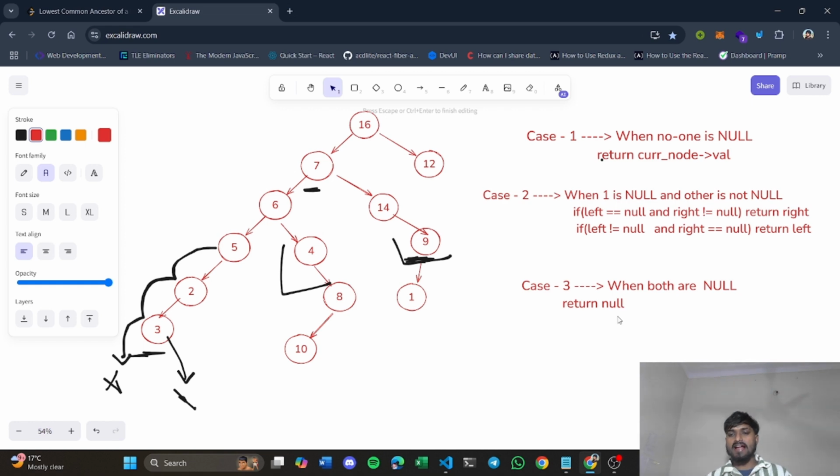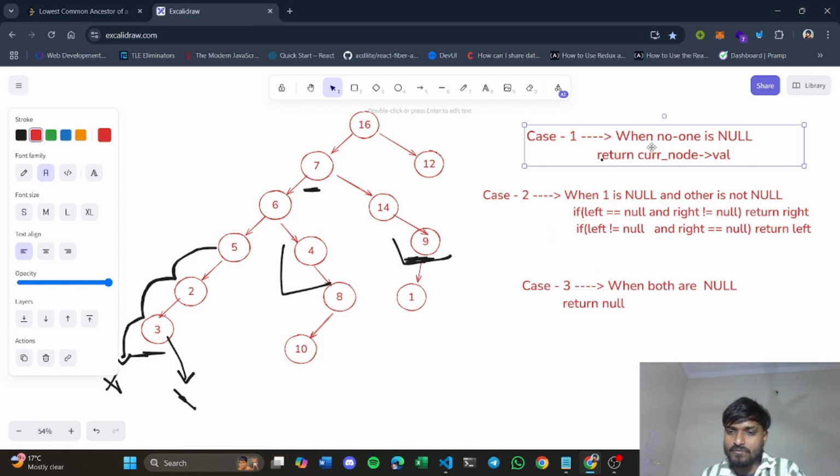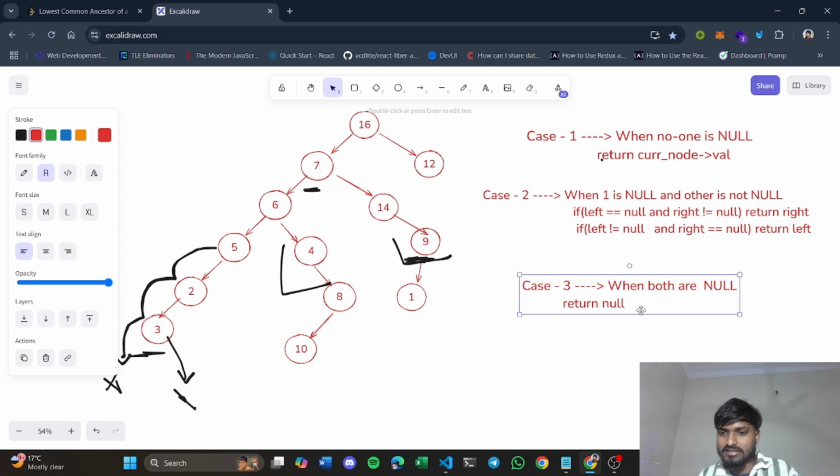So you saw that you are getting these 3 cases, or more precisely, you are getting 4 cases. The first case is when both left and right are returning not null, case 2 is when one is null and another is not null, and case 3 is when both are null.